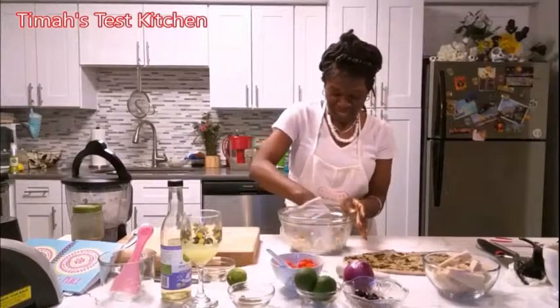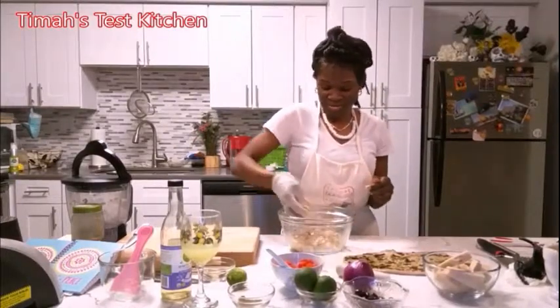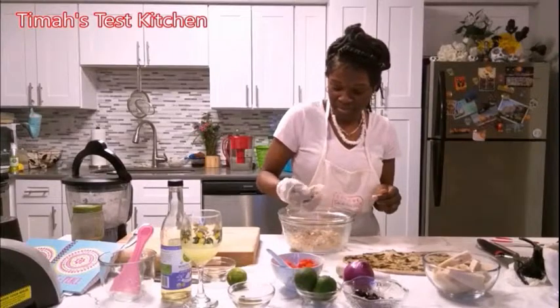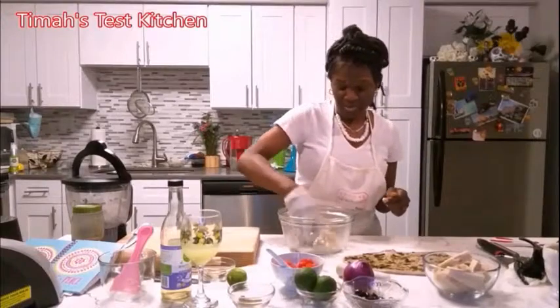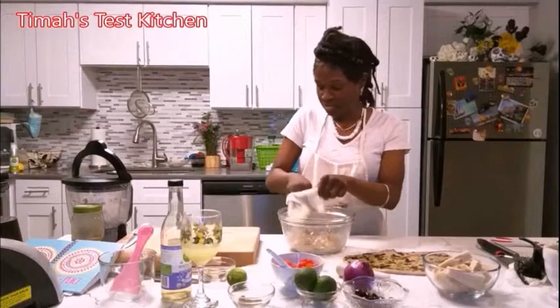Alright. So that's broken down good enough. There you go. So this is what you want it to look like. You want it to look like that. Or it can be broken down just a little bit more. You just don't want it to be over mushy. And now,